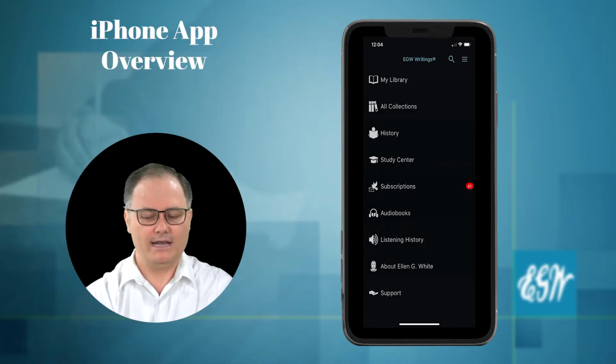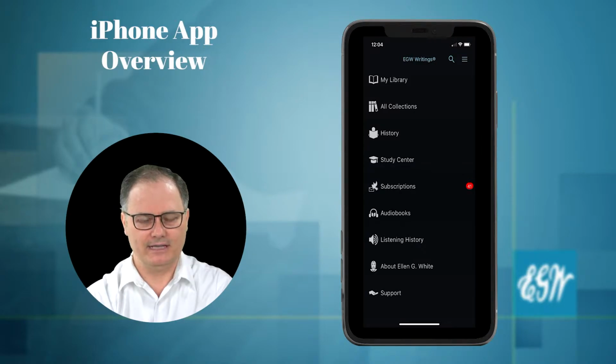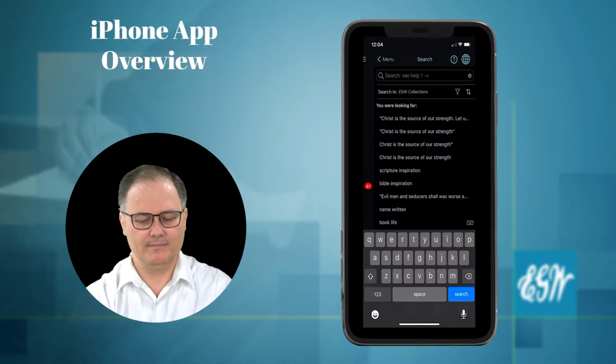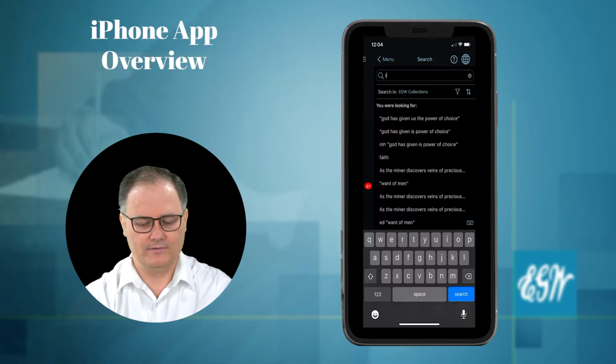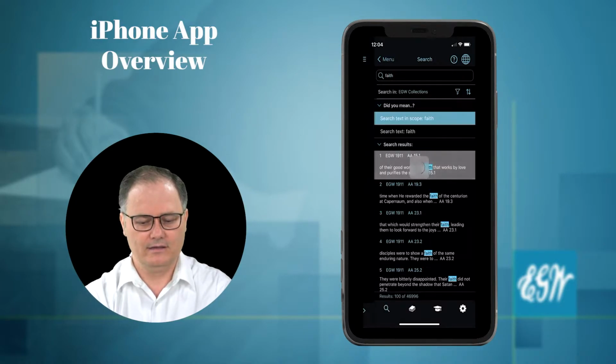In the top right-hand corner, you can see that we have a little search magnifying glass, and when we tap the search magnifying glass, it opens up the search side menu. This is where I can go ahead and search for things. So say I want to look for the word faith, I tap on faith, it opens up my results, and you notice that it has the results listed in numbered order, like 1, 2, 3, 4, 5,